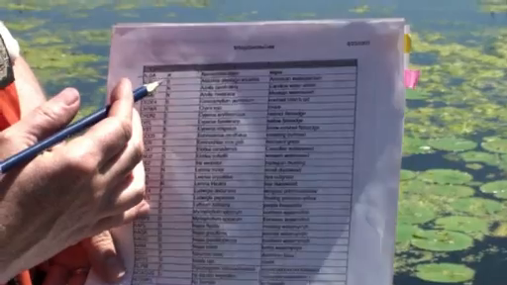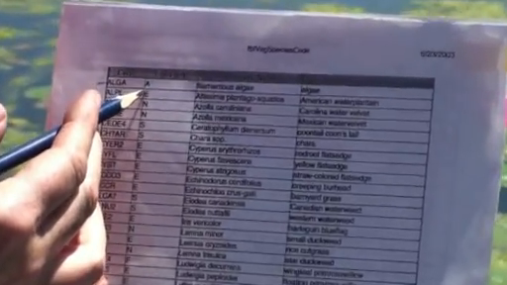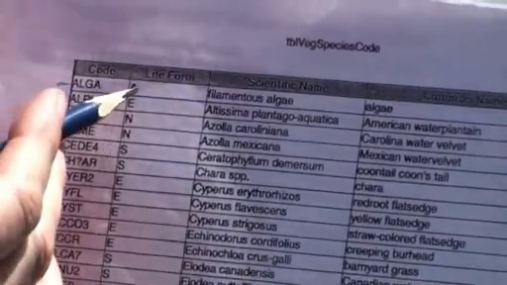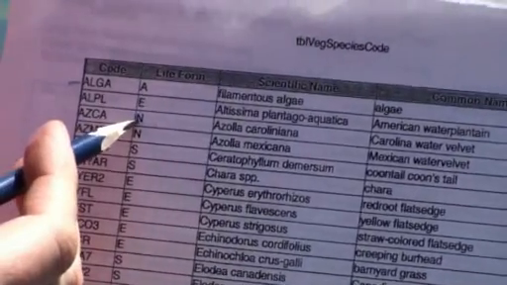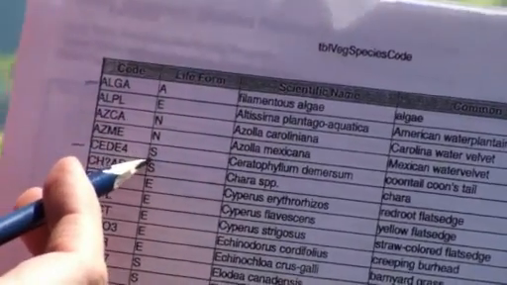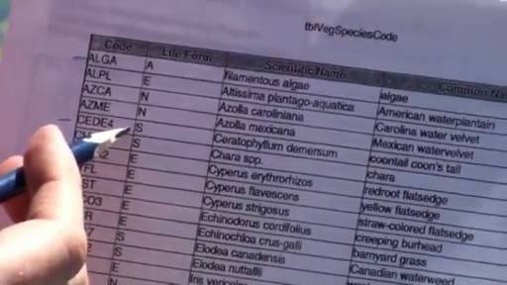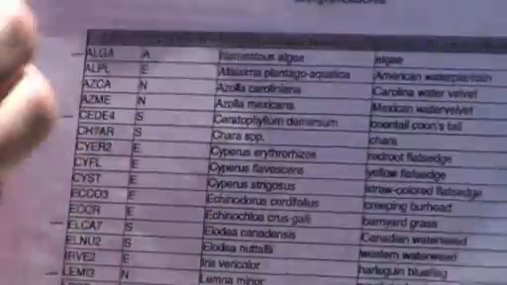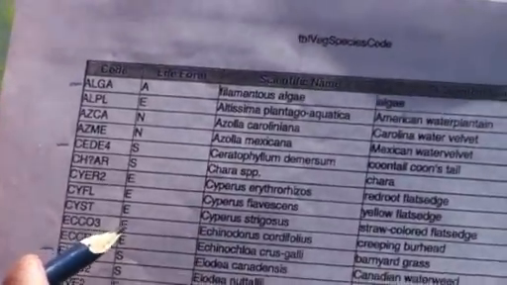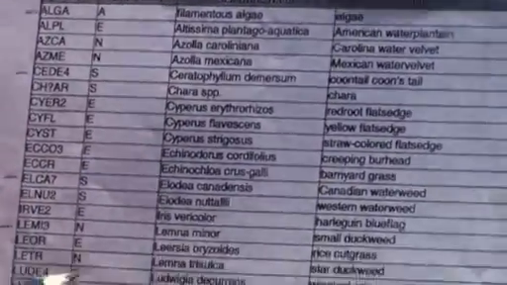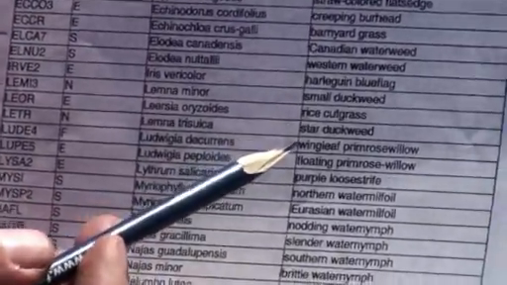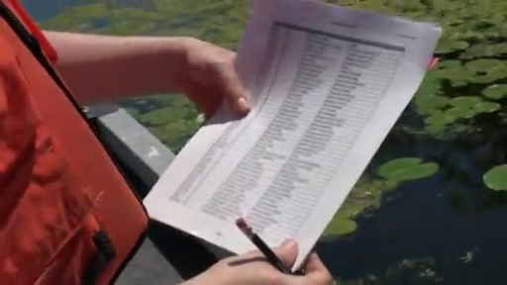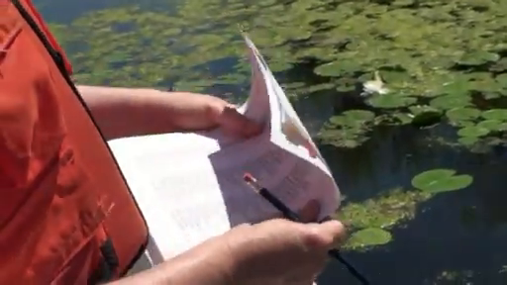And one column in there lists whether it's algae, emergent, non-rooted floating. S is submersed, which is basically what we're looking for in this protocol. And F, floating. So you look up the species, and the white water lily, I have to find on here,